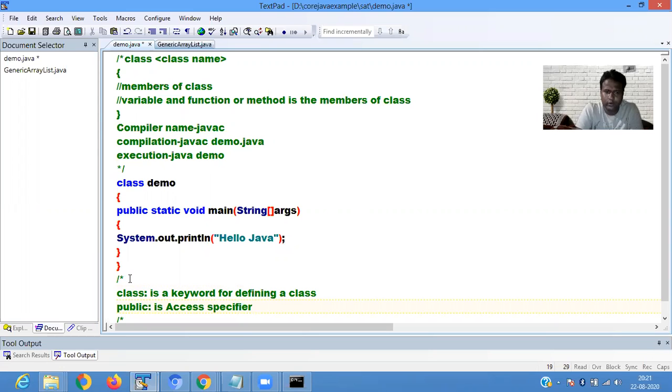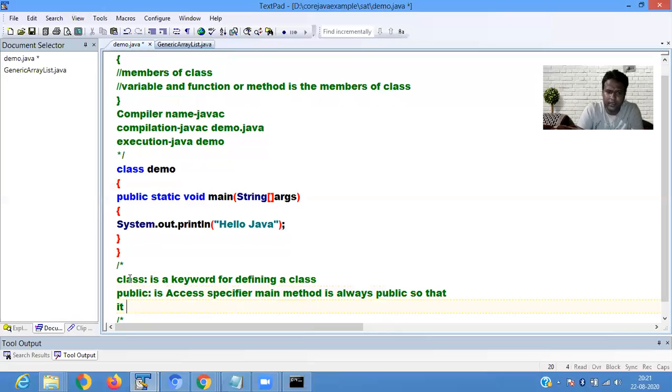Your main method is always public, so that it can be accessed anywhere.